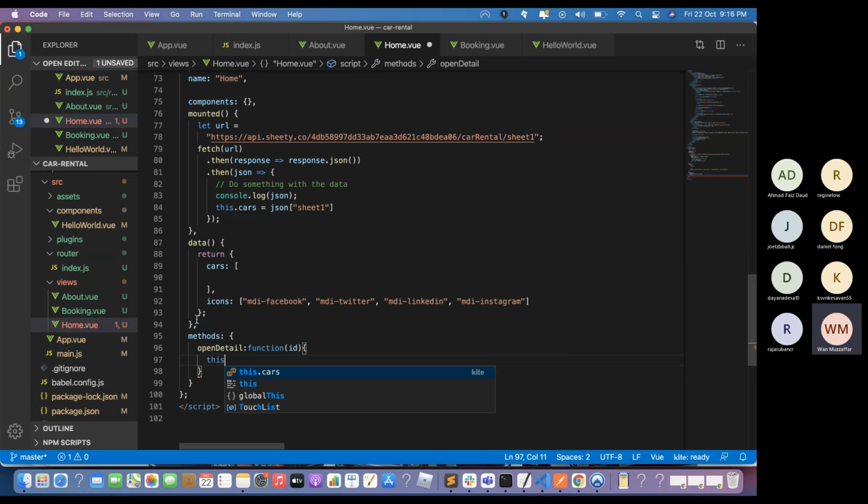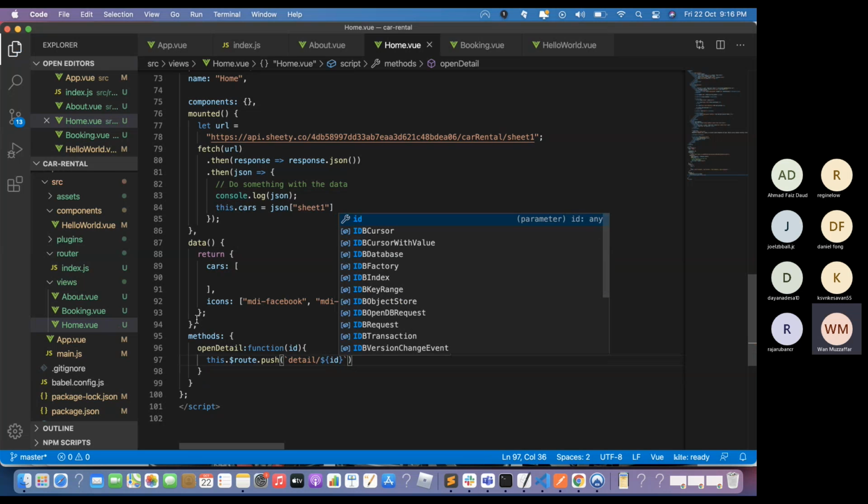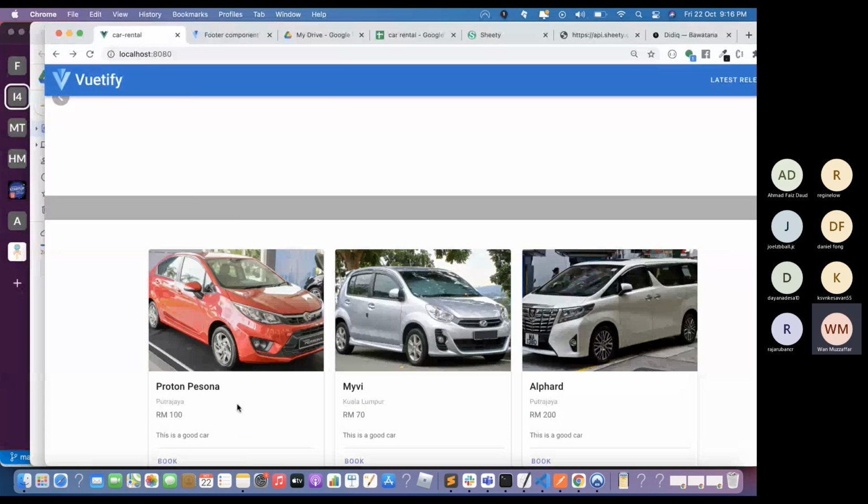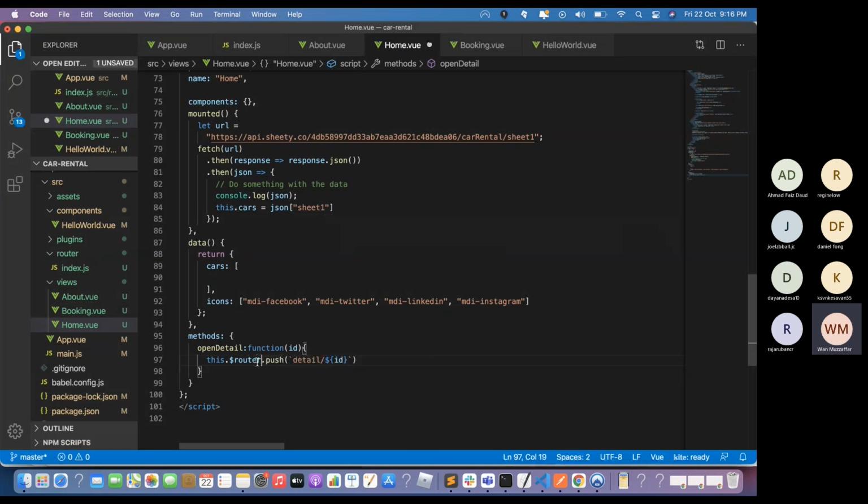So this dot route or router, region detail, right, detail, dollar ID. I was asking region because I'm also not sure. This dot route or this dot router,